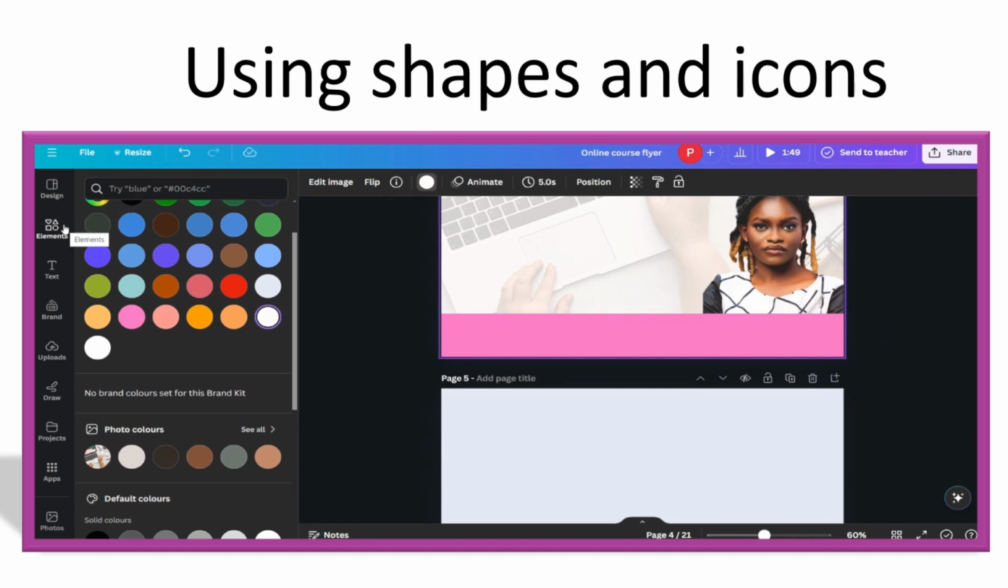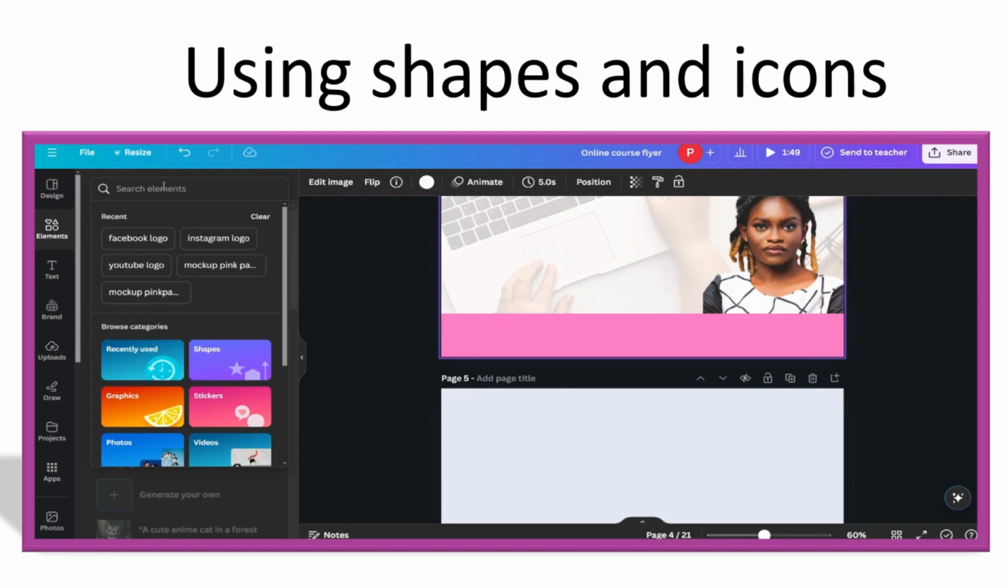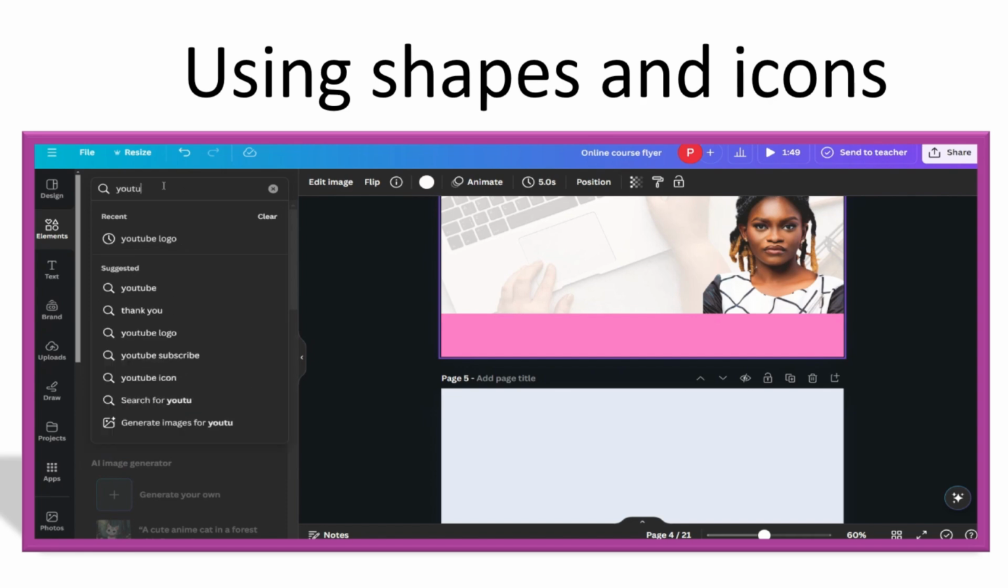want to add is an icon, and where we can find icons as well is under elements. Click on elements and look for the icon you want. Let's say I want to add my social media logo like Instagram or YouTube. Let's search. I will search YouTube